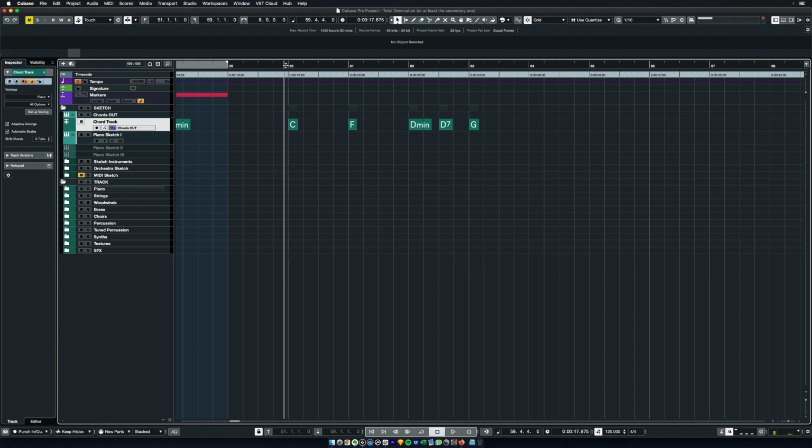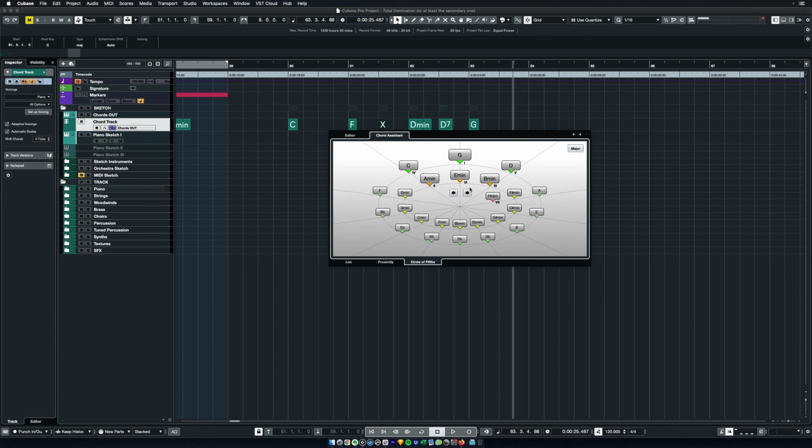So let's listen to this progression one more time, but this time with the secondary dominant. And that's it. And really, these secondary dominants, you can use them wherever you feel like. Like, for example, I want to add one before this D minor. So let's do it quickly again. The target will be D minor, so I will find